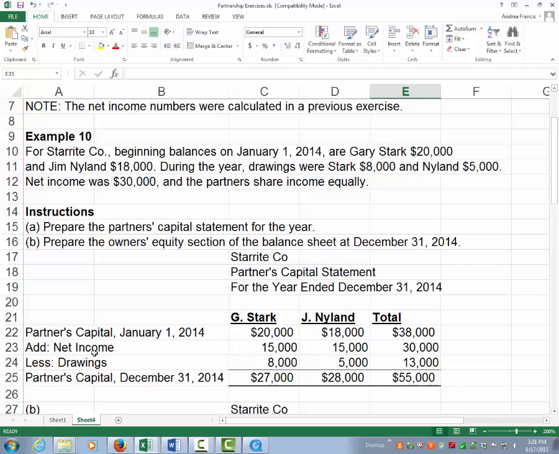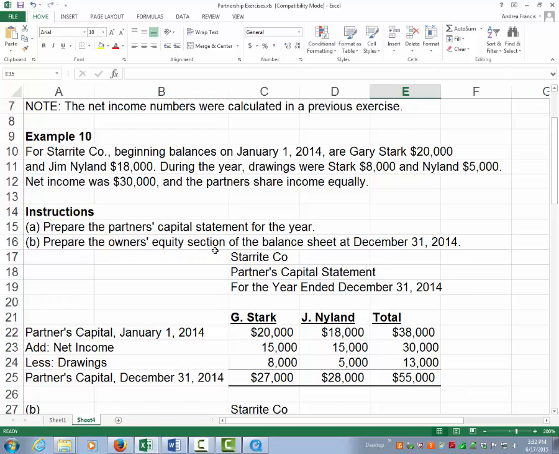We then add the net income. Net income was 30,000 and the partners share it equally, which means 15,000 per partner. And then there were drawings of 8,000 and 5,000 respectively. So in the end, Stark has a 27,000 partners capital balance, Nyland has a 28,000 partners capital balance, and the total is 55,000. That's the partners capital statement. Now moving on to